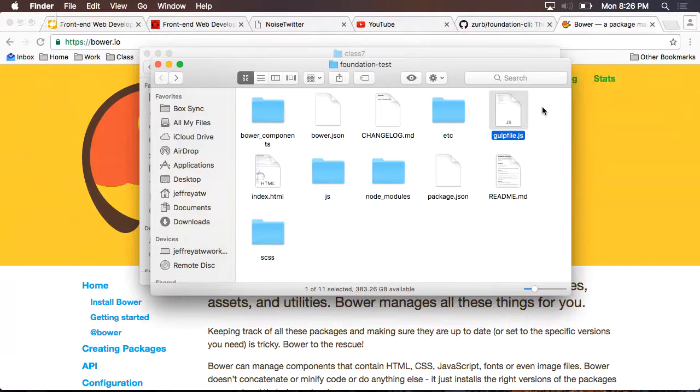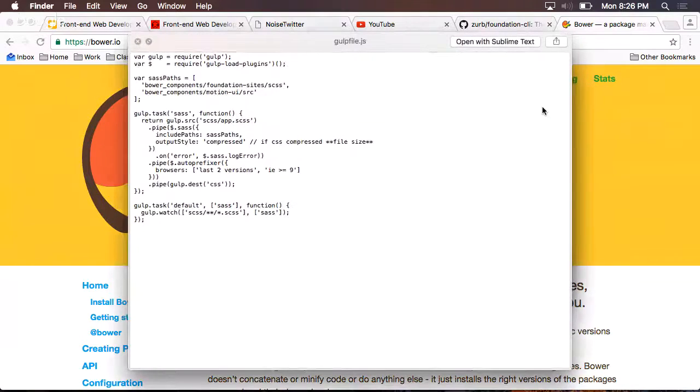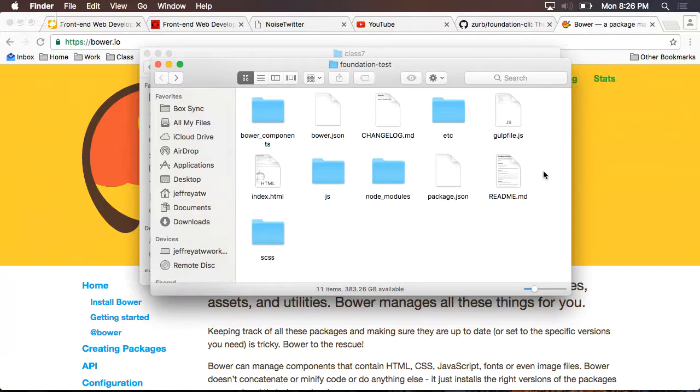The gulpfile is a special JavaScript file that is used within Node, not within your browser, which is meant to basically determine how Sass should be run on your site. I haven't even talked about Sass yet. I might as well really quick right now. I will talk about it again sometime later. But